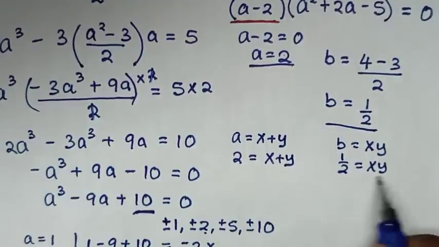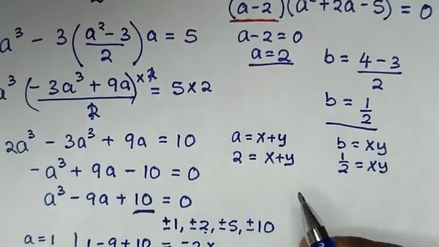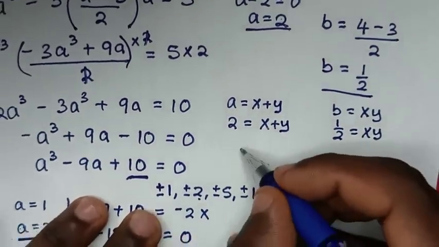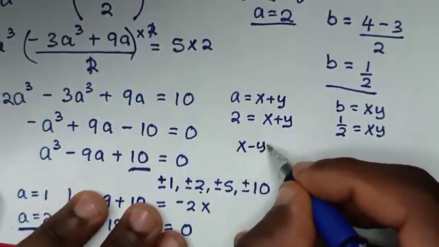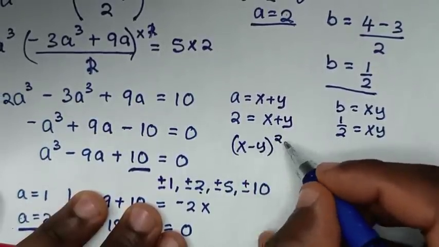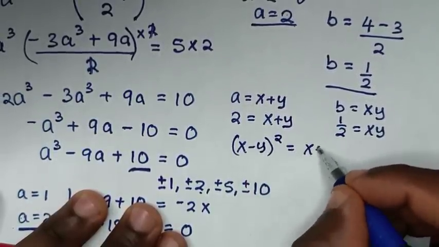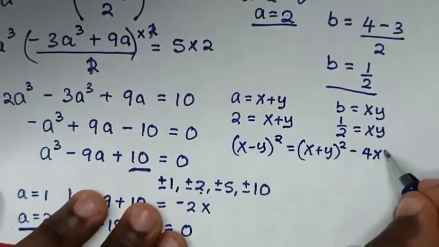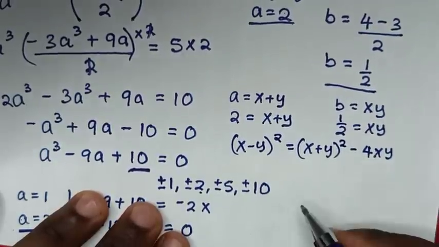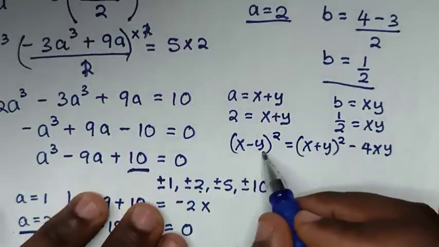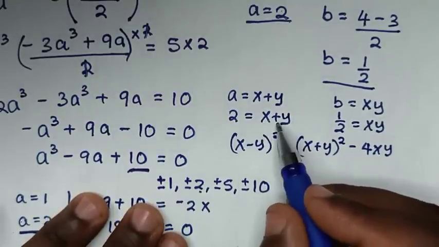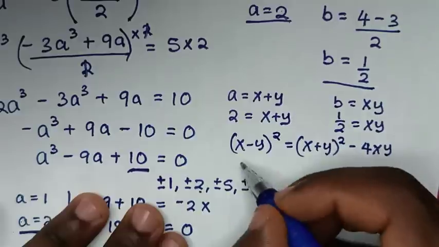Then from here, these two equations, we are going to apply the rule, which is x minus y bracket square is equal to x plus y bracket square minus 4xy. So we are going to find the value of x minus y first, then we compare with this x plus y so as to find the value of x and y. So it will be